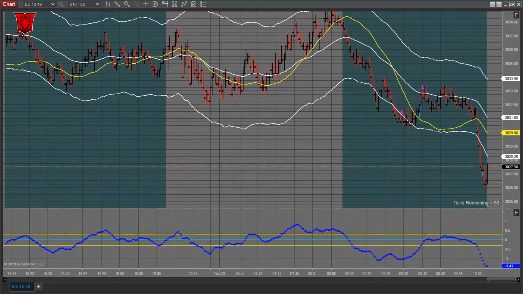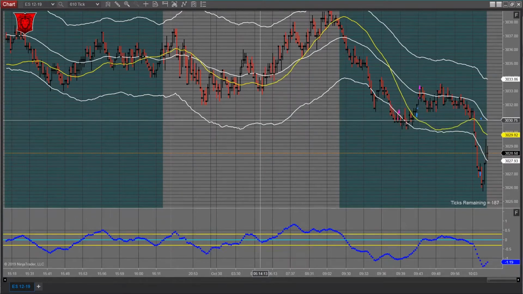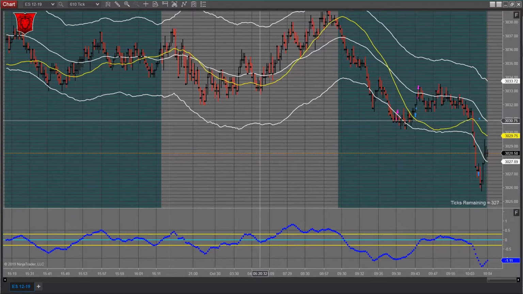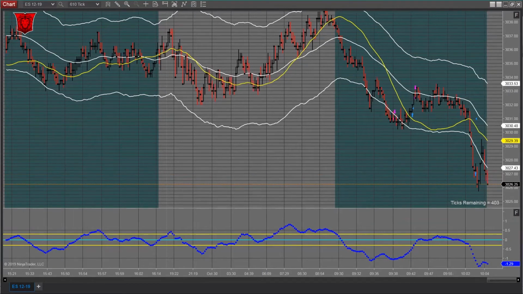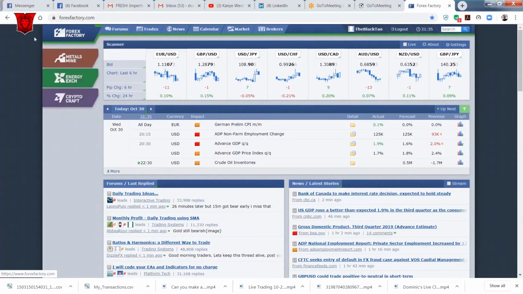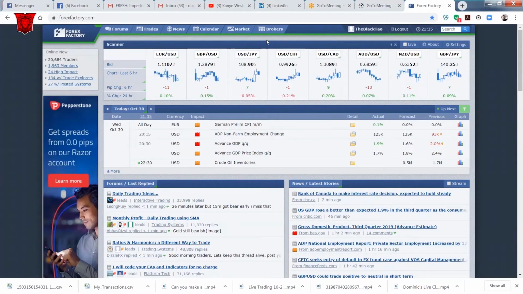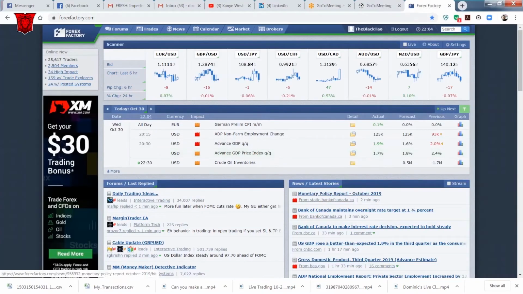And usually I should have just held out for that, but I'm just playing the system basically up to there. And I don't know what this 10 o'clock is in terms of news. Basically, you see nothing until 12:30, so you don't know what the erratic movement is. Let's go check. There it is, monetary policy report.